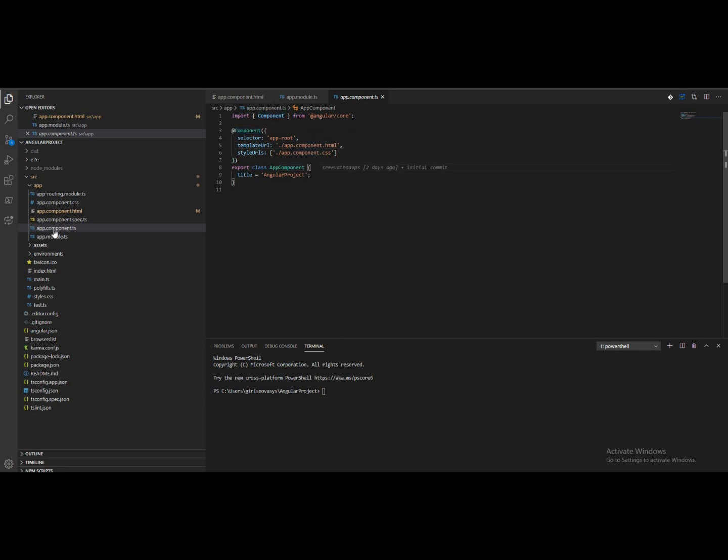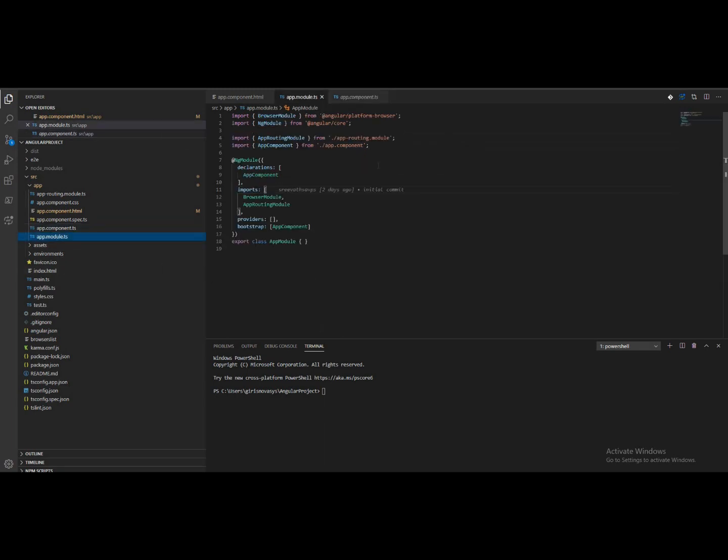Similarly, if we observe app module, how can we find the decorator which makes this class a module? We know that decorators are prefixed with the @ symbol. So search for the @ symbol in this file. To search anything in this file, just press Ctrl along with F. Remember, Ctrl with F. Then the search bar will open on top. So enter the text you want here. If you want to go to the next matching text, then click F3 or Enter. If you want to go to the previous matching text, then click Shift with F3.